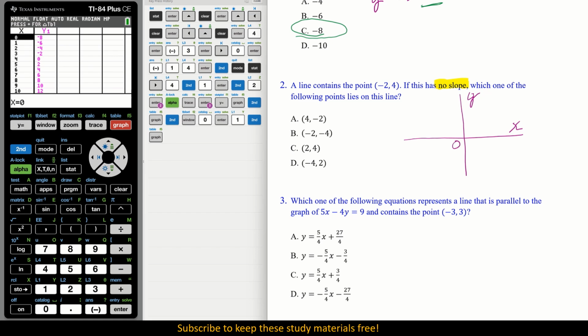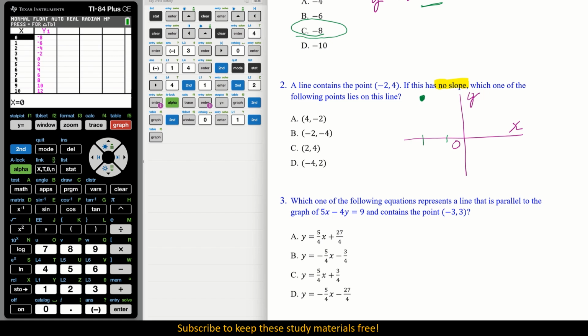Okay, our point, a line contains -2 and 4. So let's just kind of sketch that in. Okay, let's go -1, 2, and let's say it's right here. Okay, but the line has no slope. Well, you may remember, you may not remember. Go back to think about our videos. 0 slope is a horizontal line, but this says no slope. So the only thing left would be the